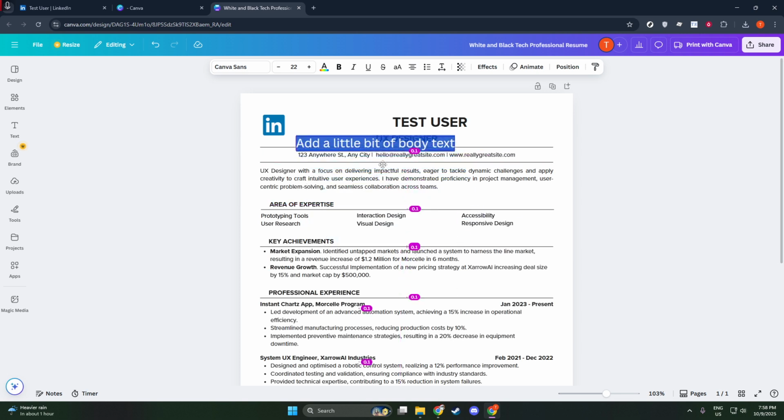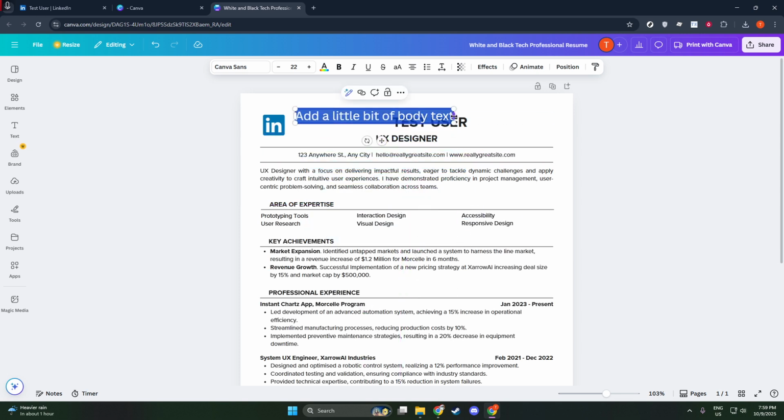With that text highlighted, it's time to insert your hyperlink. Find and select the hyperlink option in your document editor. Often, you can access this quickly by right-clicking the highlighted text and choosing Link, or by looking for a chain link icon in the menu bar. Once you're in the hyperlink dialog box, simply paste the LinkedIn URL that you copied earlier into the designated field